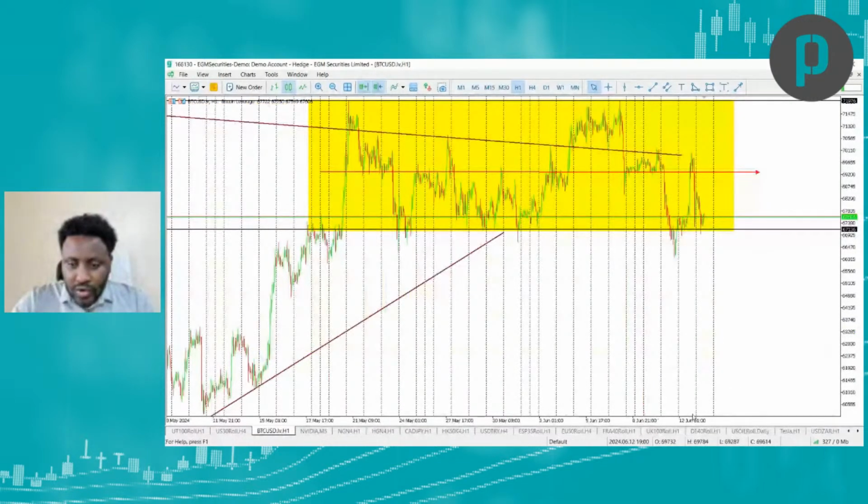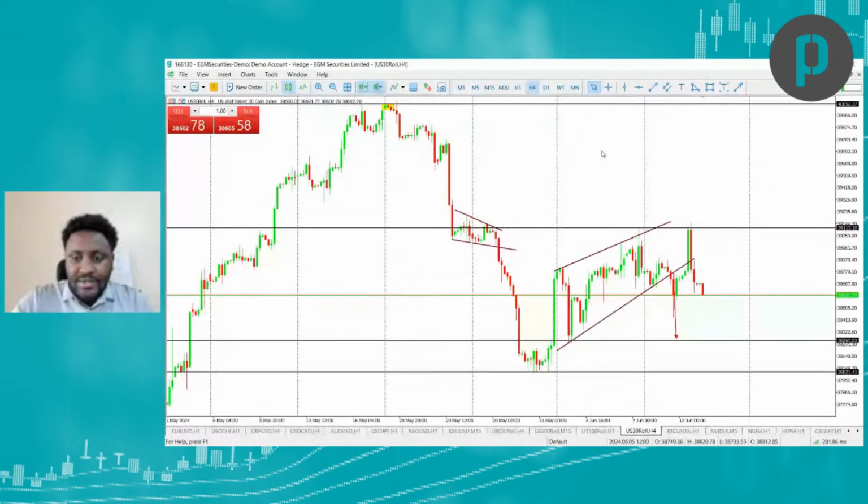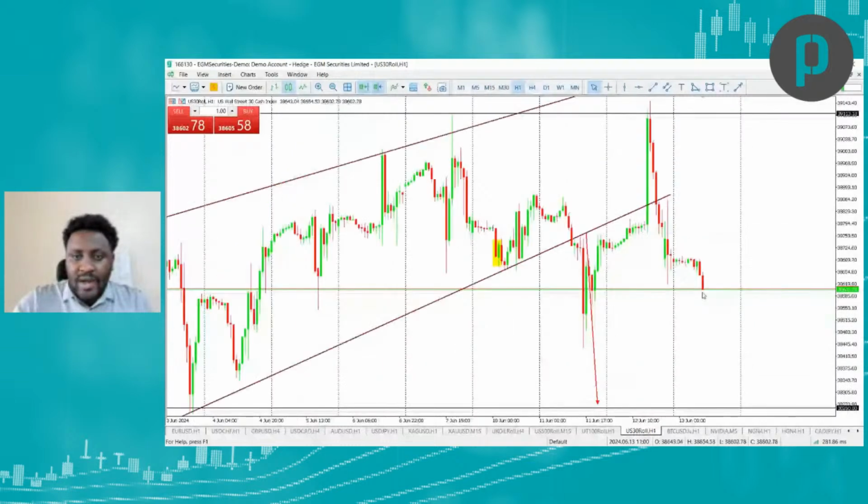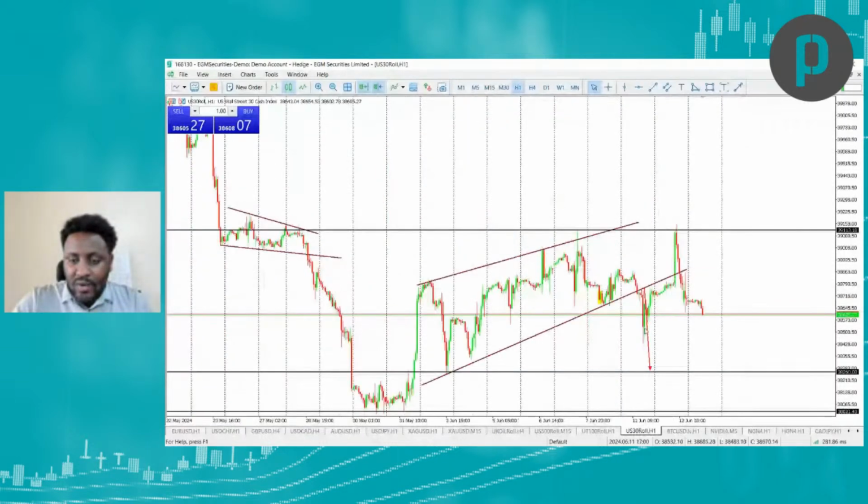So US equity indices already made their move, but the Dow is already making some steps backwards. So in this case, more bearish momentum is expected after breaking this trend line here. So I will show you. This was the 4-hour chart. Market made a break. We expected a drop to this area. Didn't drop quite well. So after the news, there was a big rally, got to previous resistance, and then a